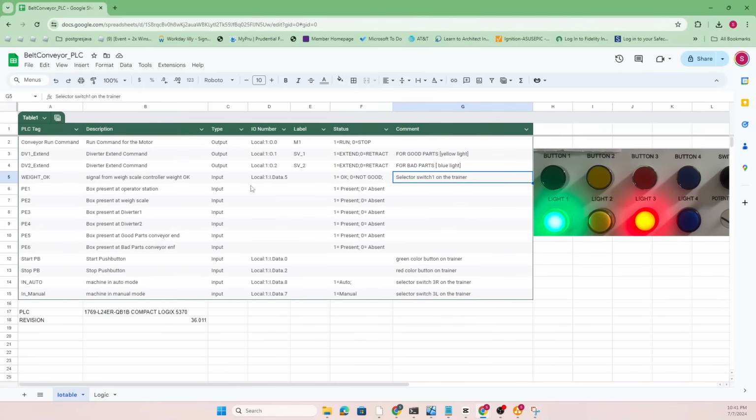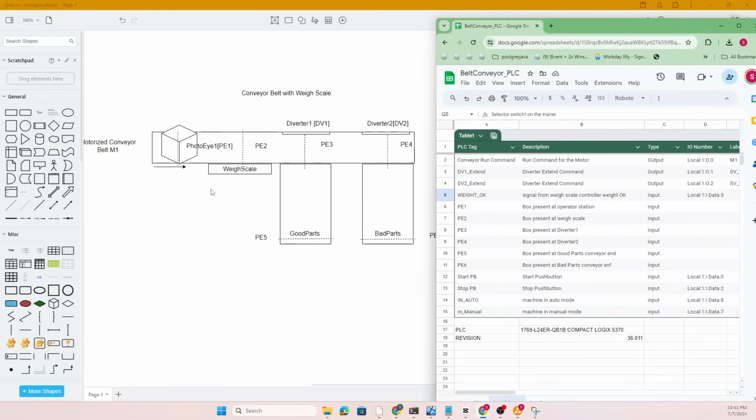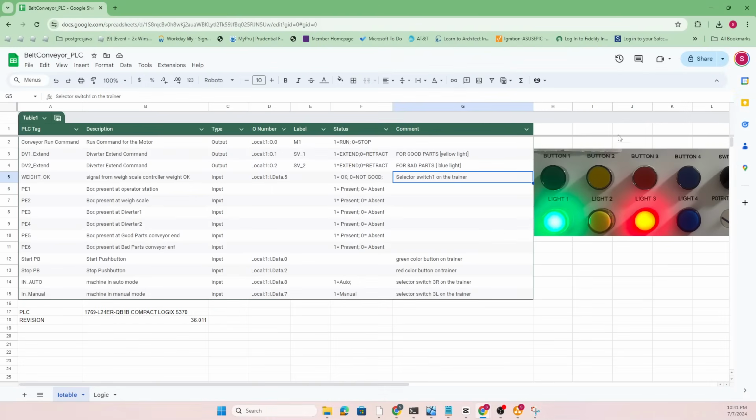That's what we are indicating here. And photo eye 1, 2, 3, 4, 5 and 6, as indicated in the diagram, are memory tags in the PLC. We're just going to use them to do counting operation. Start button, we're going to use a start button, which is the green button here on the